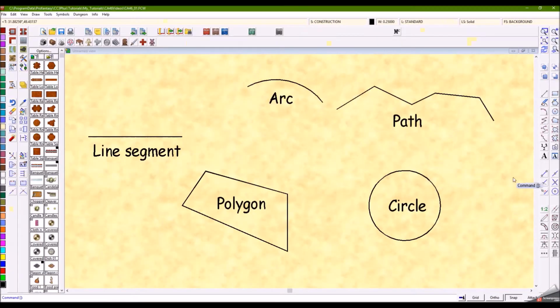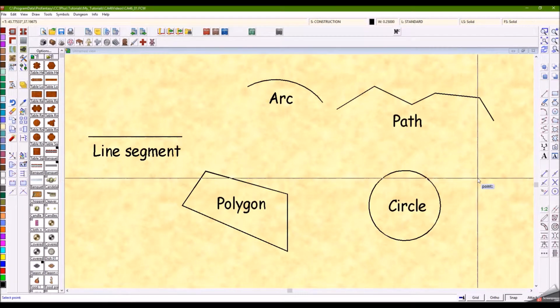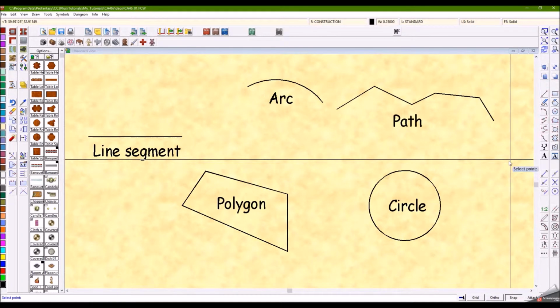To show you how the modifier works, I've created a small macro to place a small circle at the command point. If you want to test it, the text of the macro is in the description below. I just type SMCIR for small circle, and I will next click on the modifier,